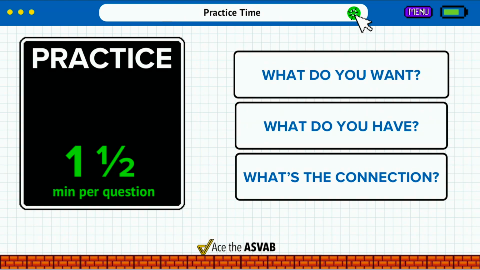All right, so obviously we're doing word problems today, so ignore this part. Right over here, we're doing math knowledge practice, so we're going to take 1.5 minutes per question, all right? 1.5 minutes per question. That's actually closer to the time that you'll get on the math knowledge. On the math knowledge, it'll be about 1 minute and 16 seconds per question. So I'm giving you a little more time than you would expect, but I promise you, the math knowledge, the